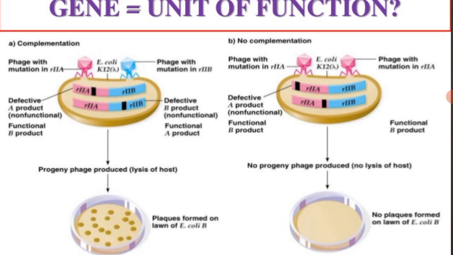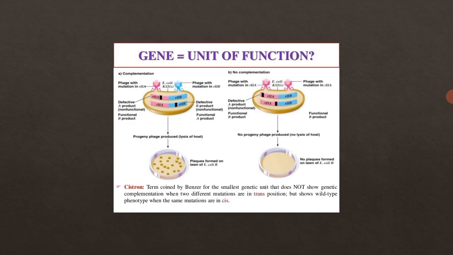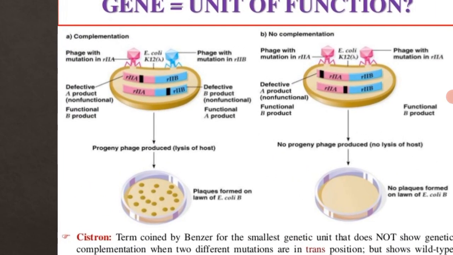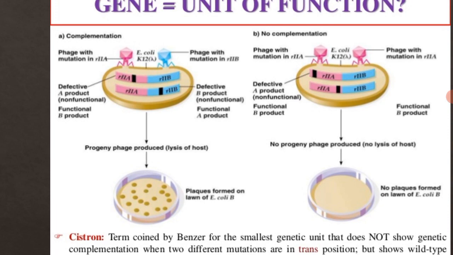It got mutated, so it will definitely produce a defective product as compared to the original. Similarly, the same case is present in the R2B gene. In that gene, you can see a black coloration, which is a mutation present in R2B. It will produce a non-functional B product, right? And therefore the portions which do not contain any black coloration are producing the functional B product and functional A product. Okay,